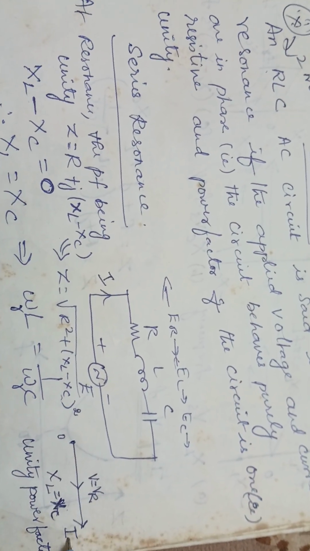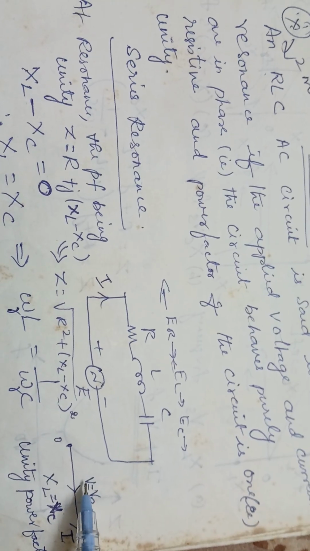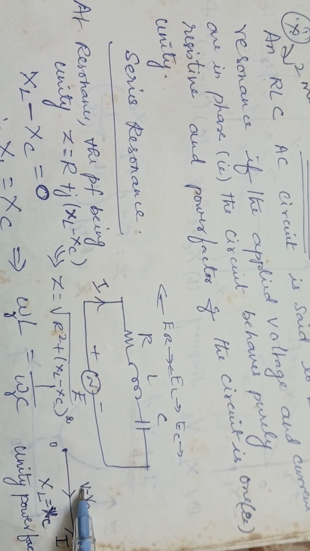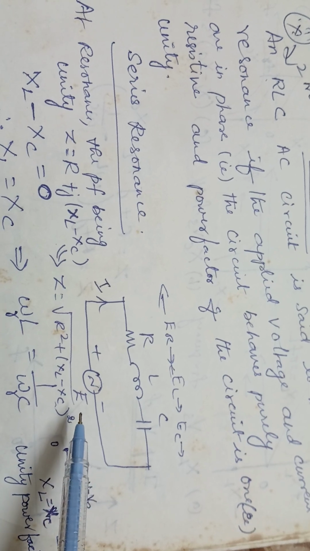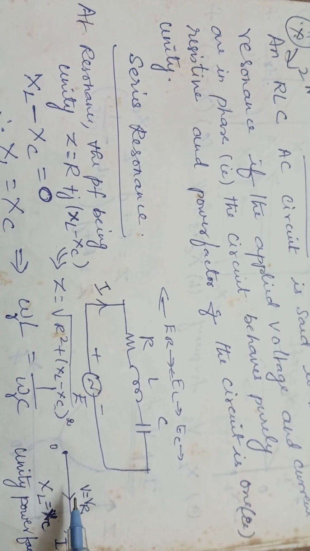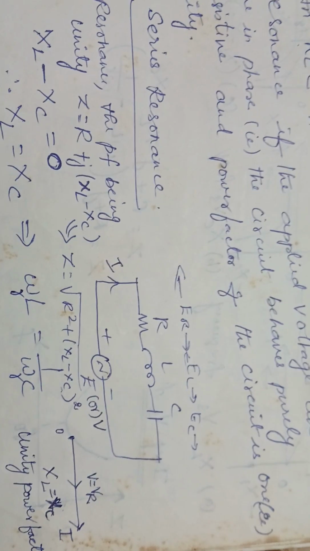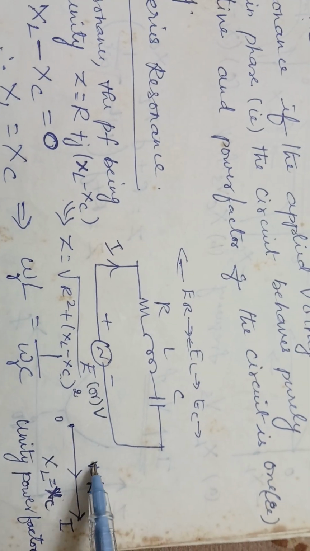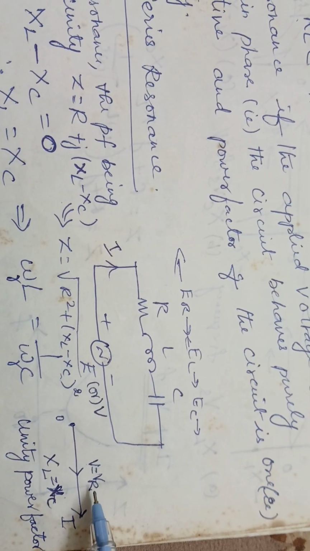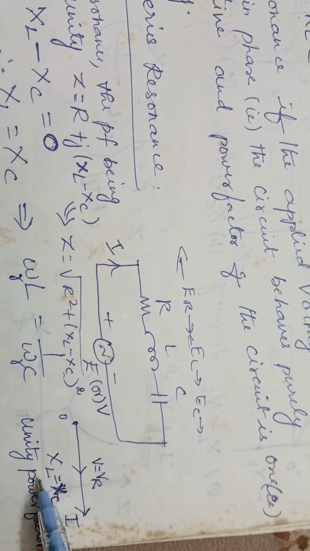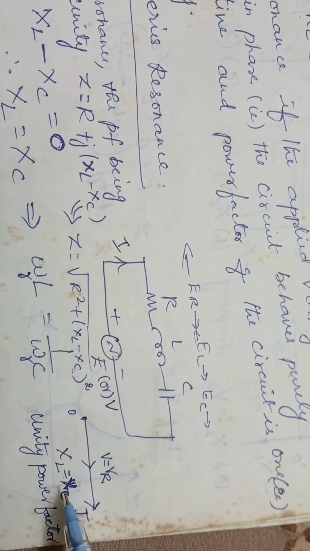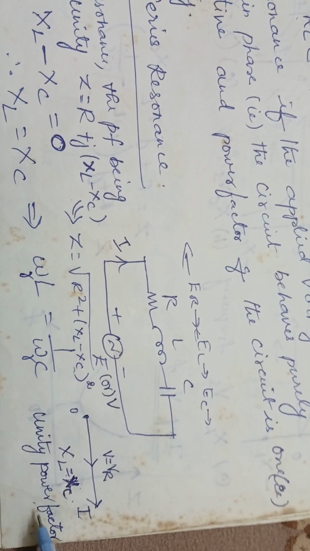current and the voltage, here the supply voltage is V or E. So here the supply voltage V or E is equal to VR. So XL is equal to XC. When XL is equal to XC, the power factor is